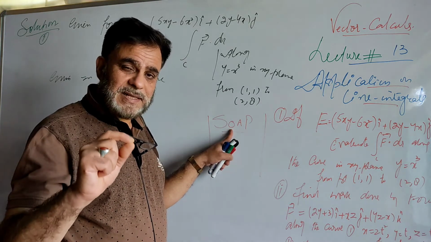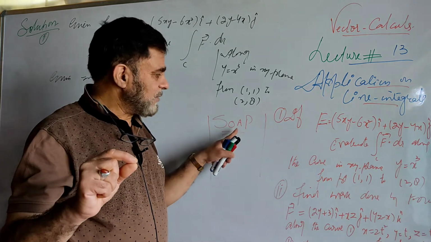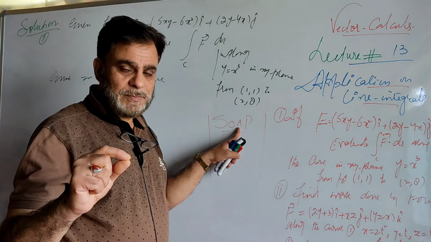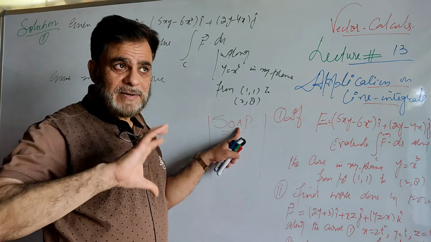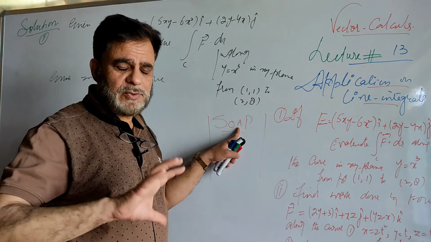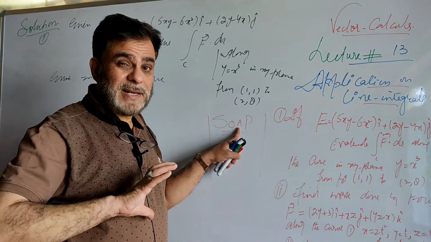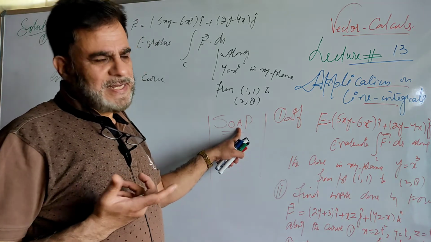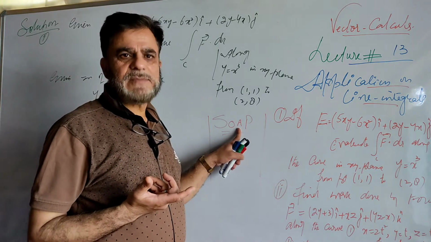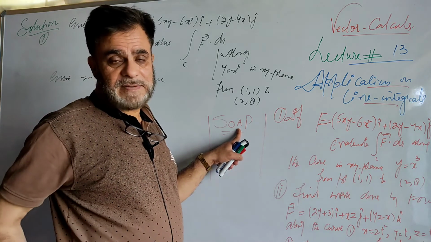You test whether the curve passes through the origin. Does 0, 0 satisfy? Then you have A, asymptote. You see, does this curve have an asymptote? What does an asymptote do? An asymptote gives you the idea of the infinite branches of the curve, if they run parallel to some line. That line is the asymptote. Sometimes the curve doesn't have an asymptote. It's not necessary that every curve has an asymptote.